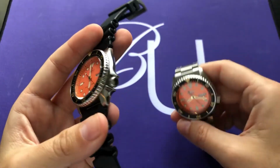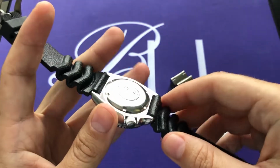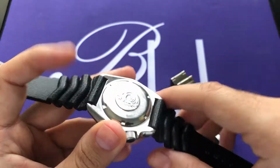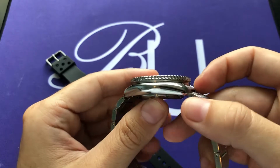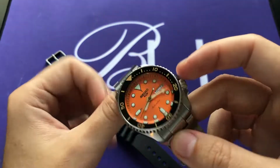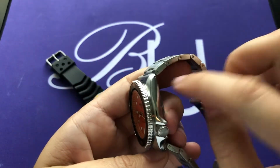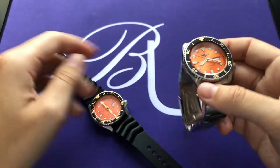Another thing to note, if you, like me, weren't a big fan of this rubber strap and you wanted to change it, you'd have to get in there with a screwdriver and kind of pull the spring bar, whereas with the updated model, we have what are called lug holes, and I'm a big fan of this feature just because it makes it super simple. You don't even need a screwdriver. You can literally fit a paper clip in there, push in the spring bar, and replace this in under a minute,